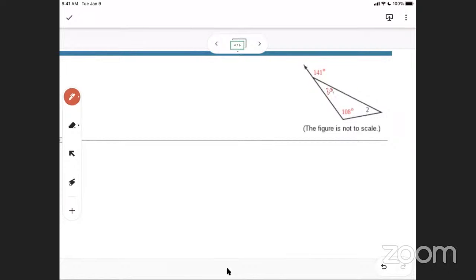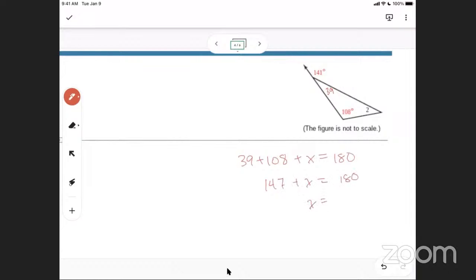And now how can you find the measure of angle 2? 39 plus 108 plus x equals 180. Perfect. And then 39 plus 108, so that's 147. And then